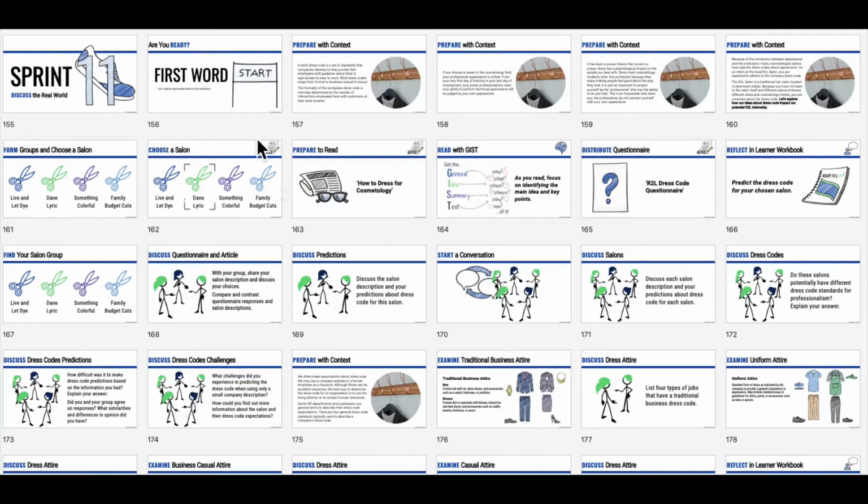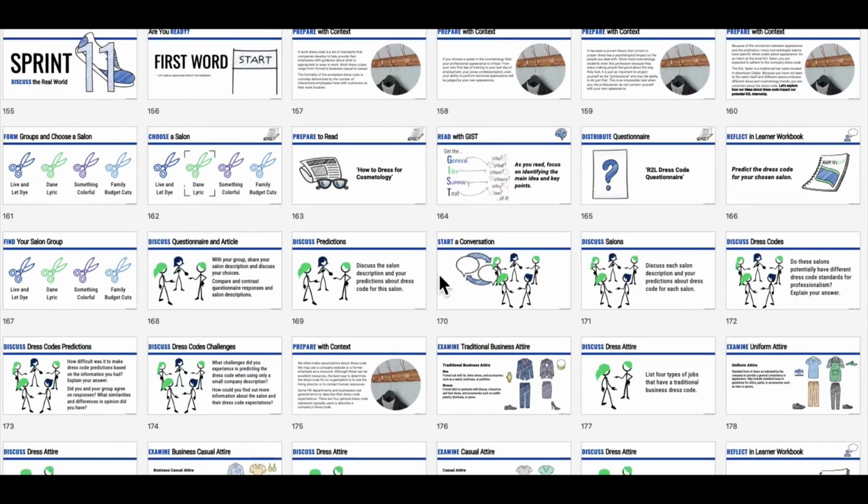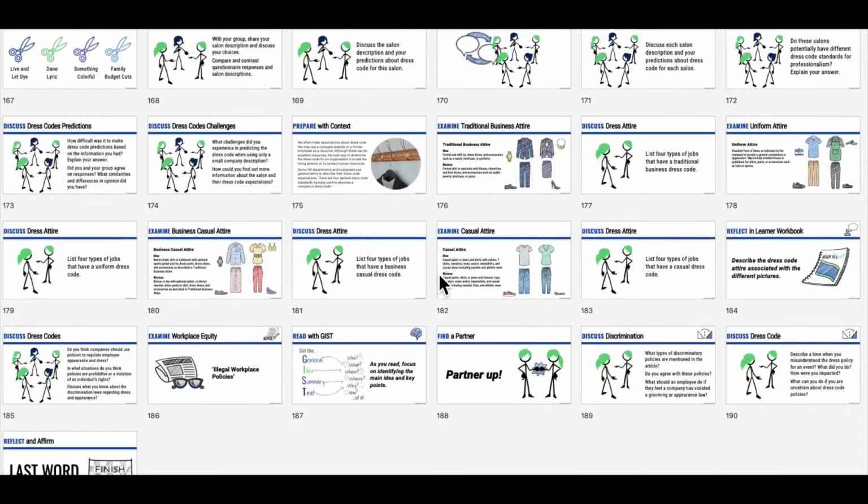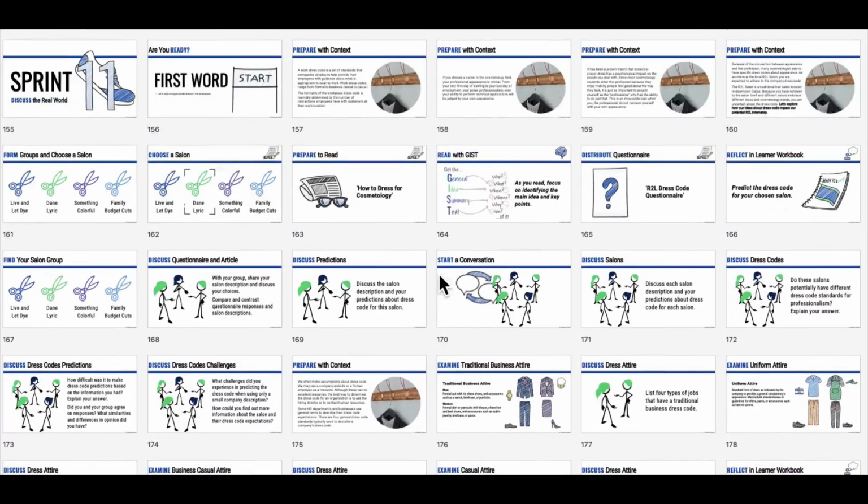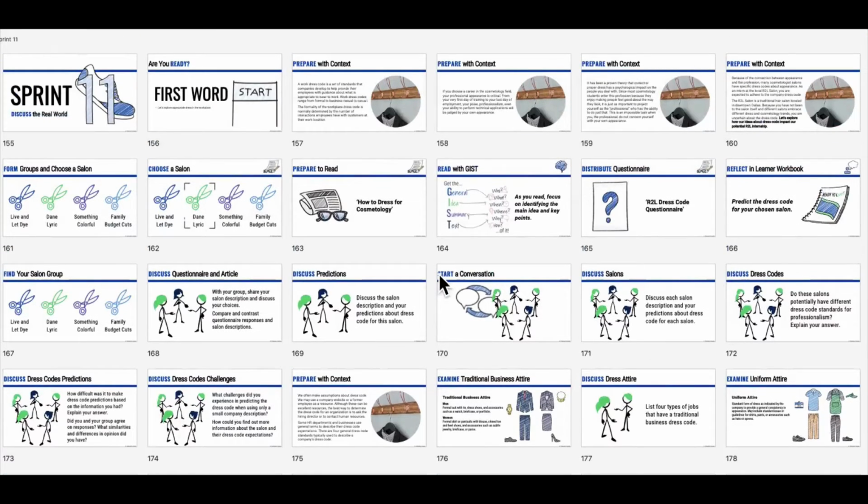In this particular example, this is from Lesson 8, the students discuss the real world, and in this particular activity what they do is they are exploring dress code and how a cosmetologist makes those decisions about what's appropriate to wear to their occupation or to their job. Again, this activity is different in different lessons depending on what the career is and what the workforce development skill